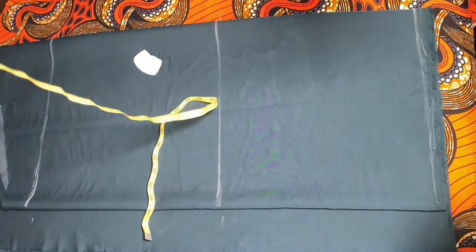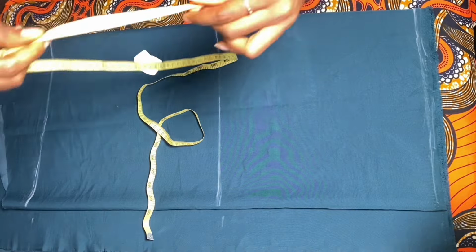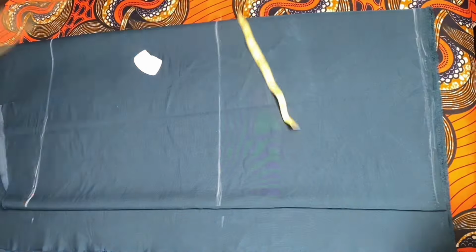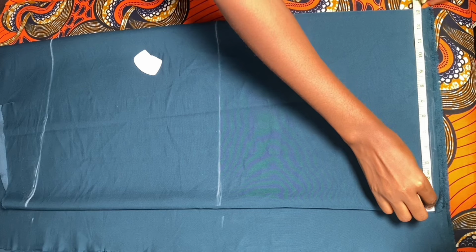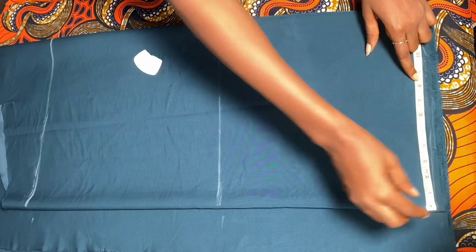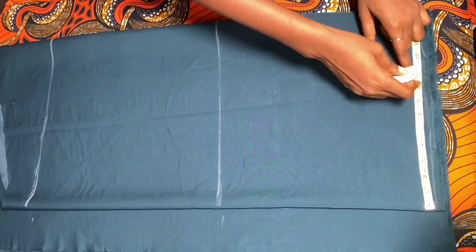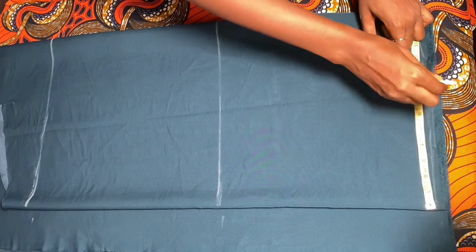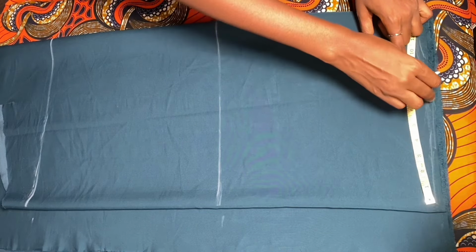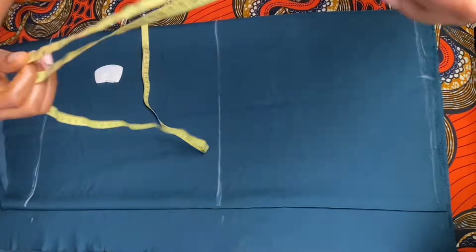So I'm dividing it just like I tell you in my videos that I use my meter rule to make divisions because it is easy. So I use the meter rule to do the calculation, and then I'm going to be putting it on the fabric. I'm going to be adding allowances for stitches. We already know this, that in all our calculations and measurements, we are adding 1.5 or 2 inches allowance to